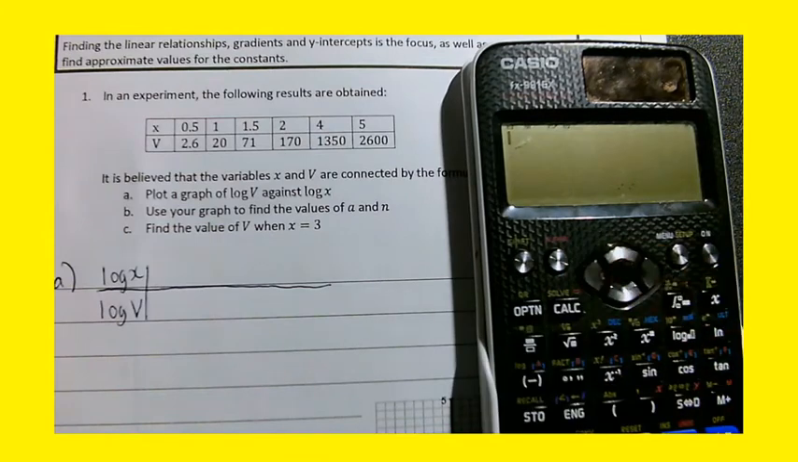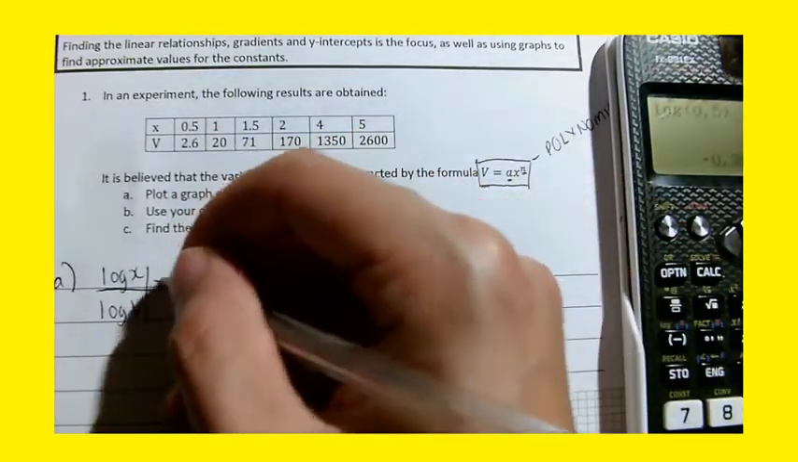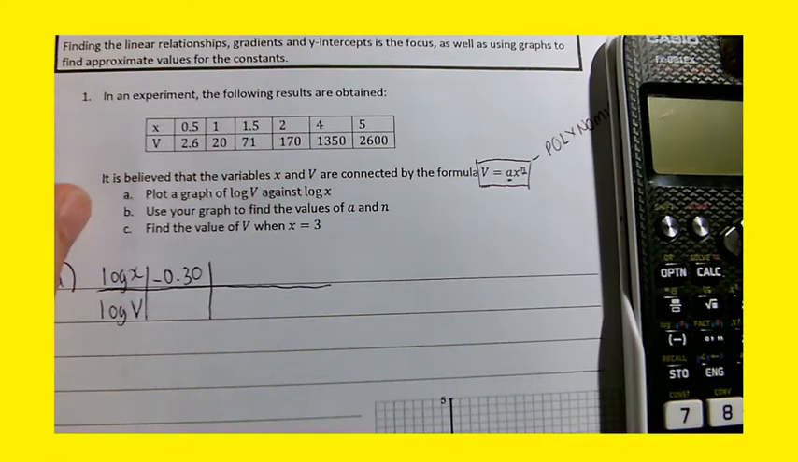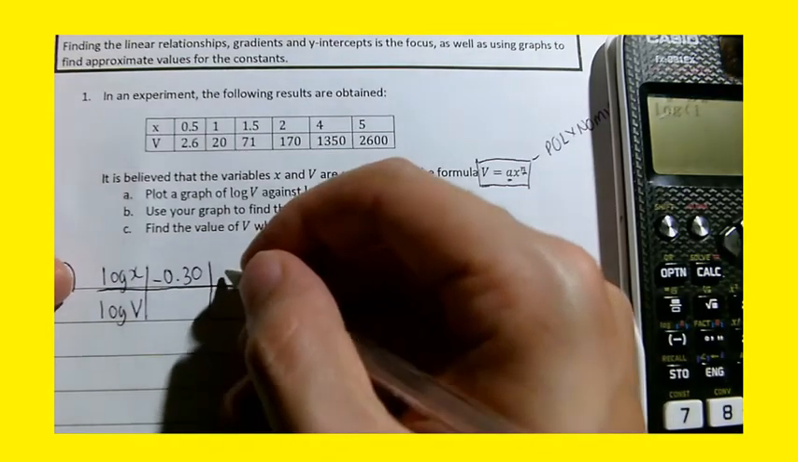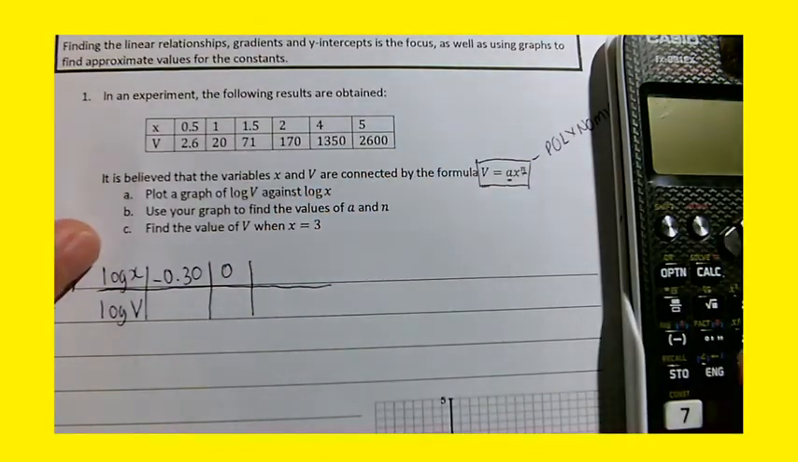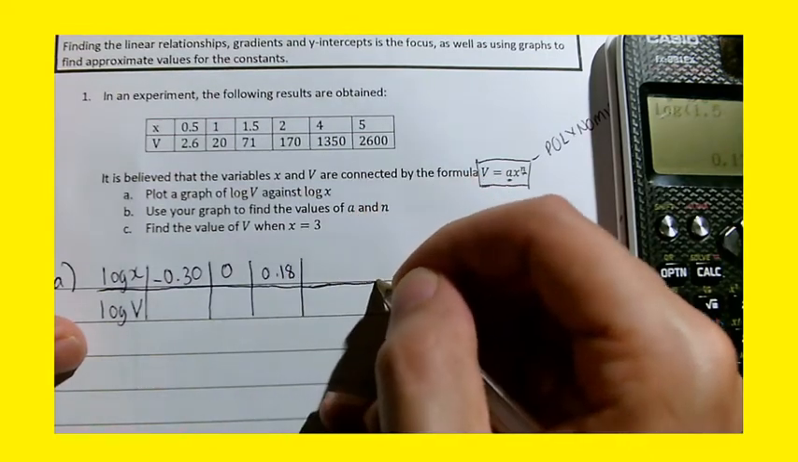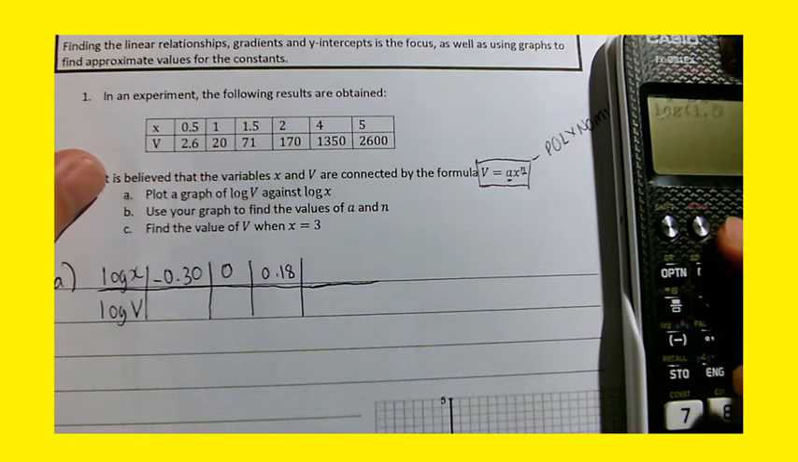And all I need to do is use my calculator, so I'm going to press this button here, that will give me log because it's to the base 10. I'm going to find log of all the x values: log 0.5, which is minus 0.30, log 1, which is 0, log 1.5, which is 0.18, log 2, which is 0.30,